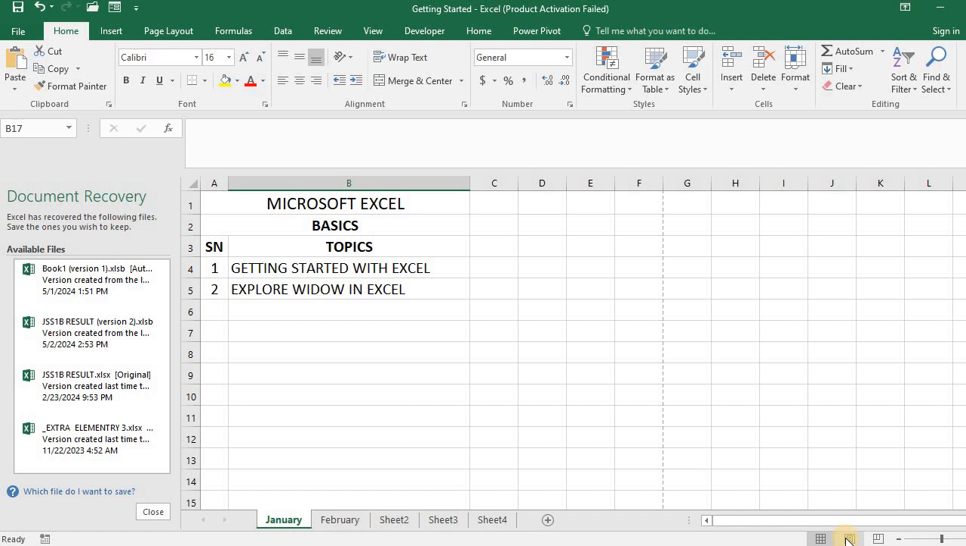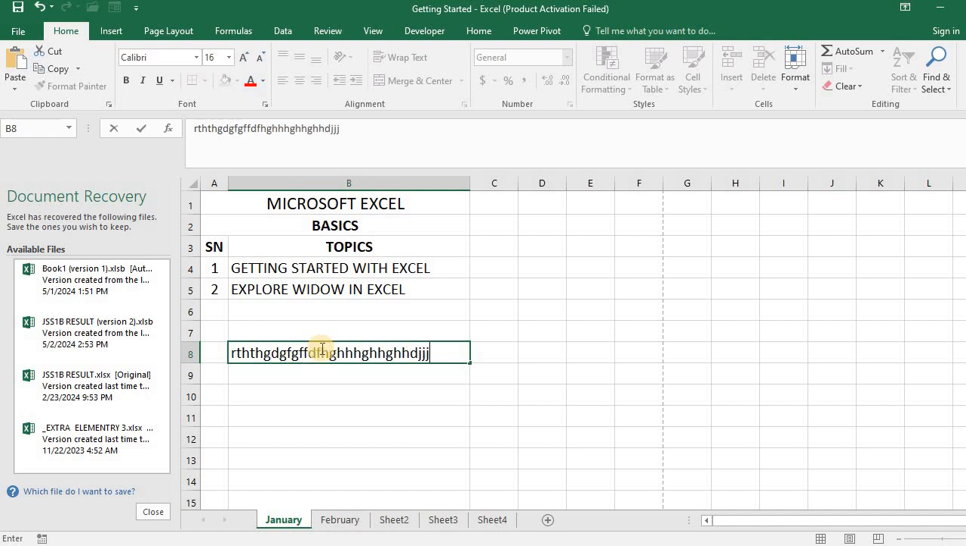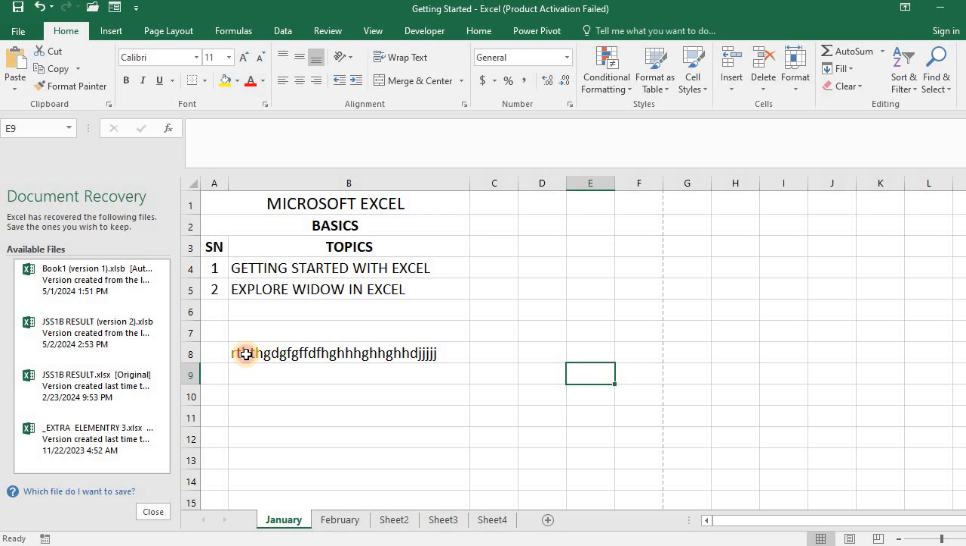Then the next one we'll be looking at is the sheet area, the area where you enter data. The flashing vertical bar is called the insertion point, and it represents the location where the text will appear when you type. You can see the sheet area. Let's repeat. They said the sheet area, the area where you enter data. The flashing vertical bar is called the insertion point,